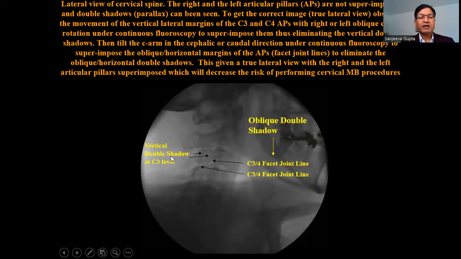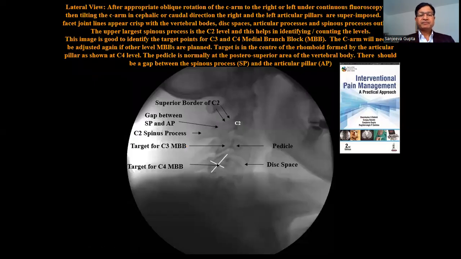So I've labeled here vertical double shadow. These are the vertical double shadows here. You can see a lot of them. And that is the oblique or the horizontal double shadow. Now in this picture, which I've borrowed from the Interventional Pain Management, a practical approach, again edited by me and my colleagues, published from India,